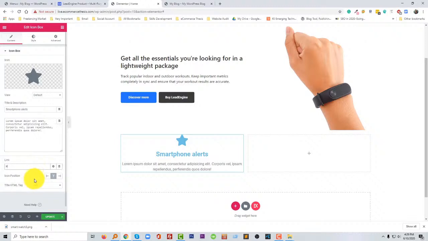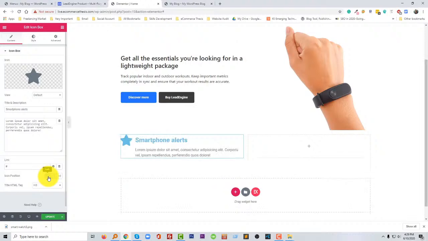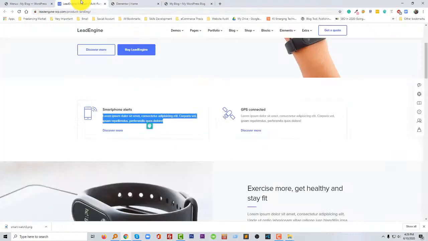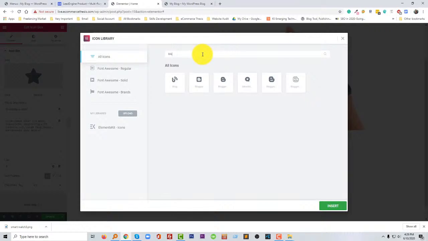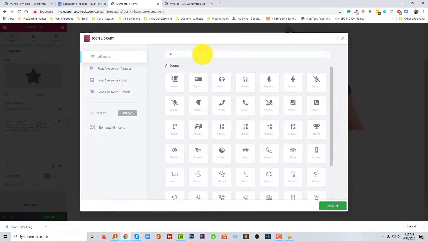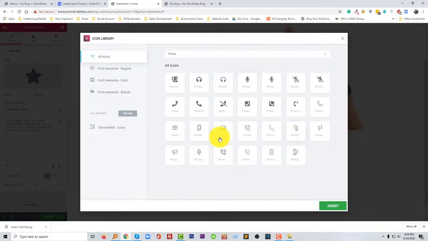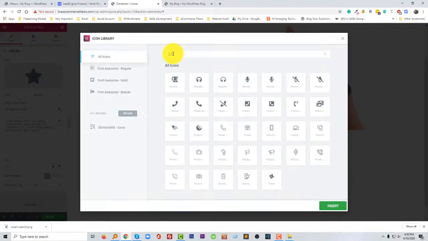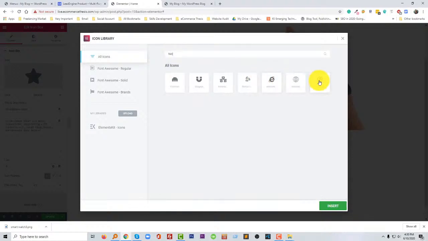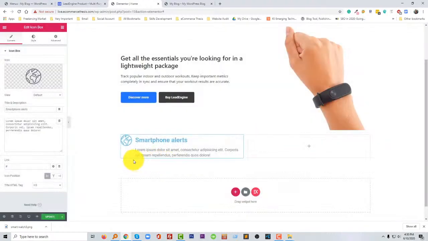Just keep a hash link and icon position in the left, and our icon will be a smartphone, Bluetooth or phone or GPS, network. I'm going to add this icon